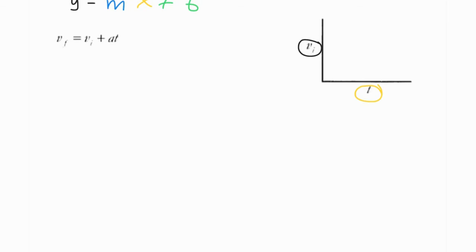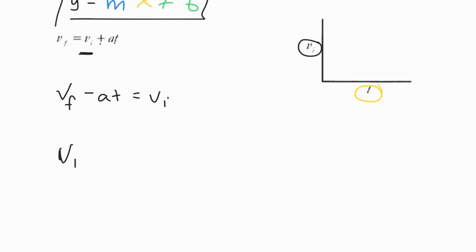So VI is my responding variable. Let's rearrange this equation to get VI by itself. So I'm going to subtract AT from both sides because I'm adding AT. So I get VF minus AT is equal to VI. Let's put it into this form exactly so we can form a habit and it gets easier to see the parts. So I get VI equals, then we have something multiplied by our manipulated variable. Our manipulated variable is T. So I have my minus AT